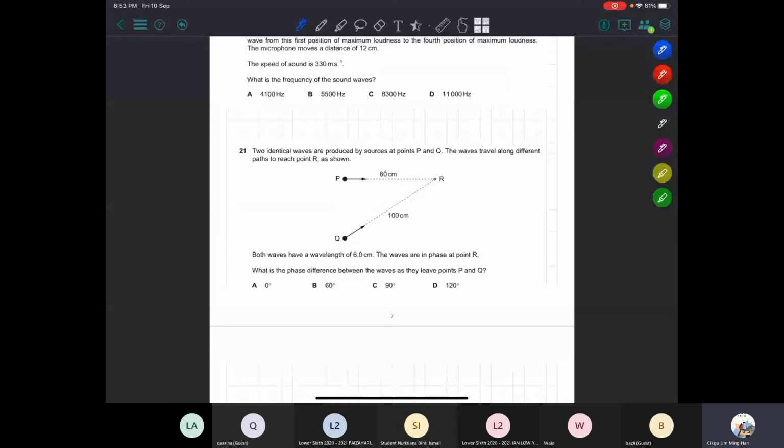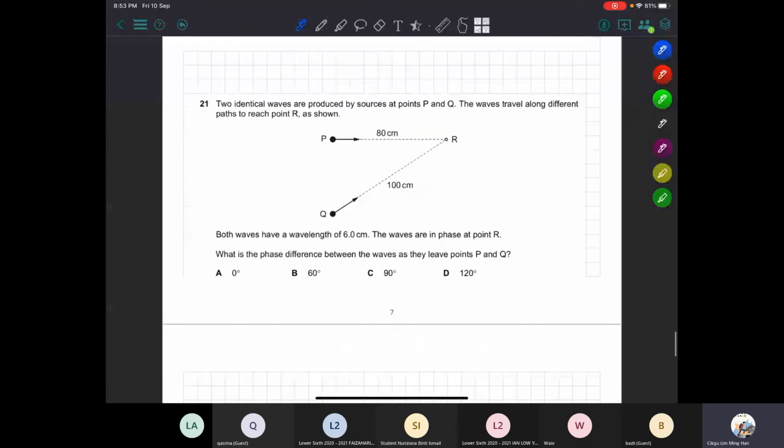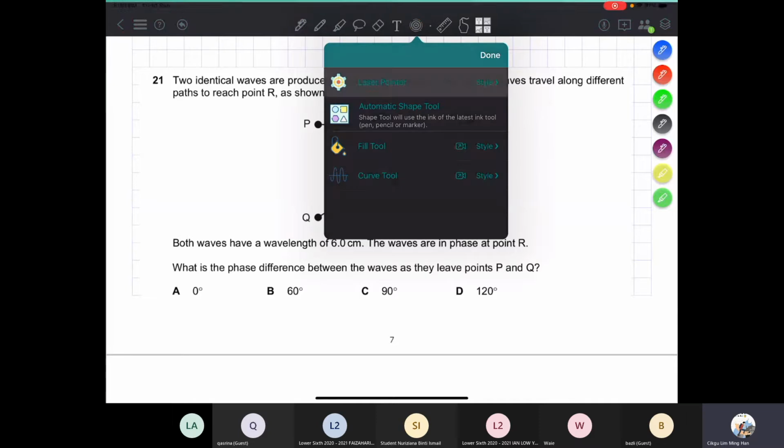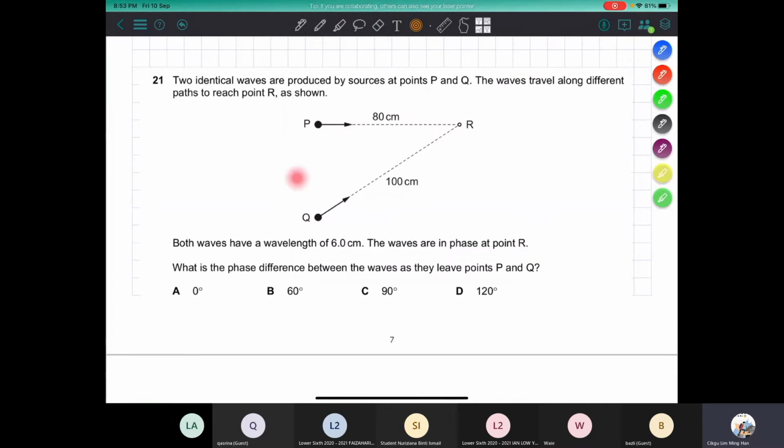Okay, but we do it backward. So everybody get ready with your calculator or whatever. We look at question number 21 first. Question 21 is about a wave. Identical